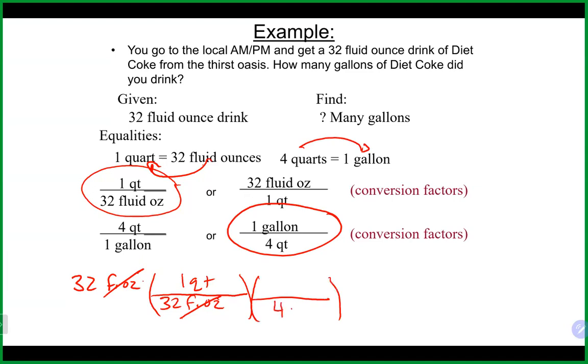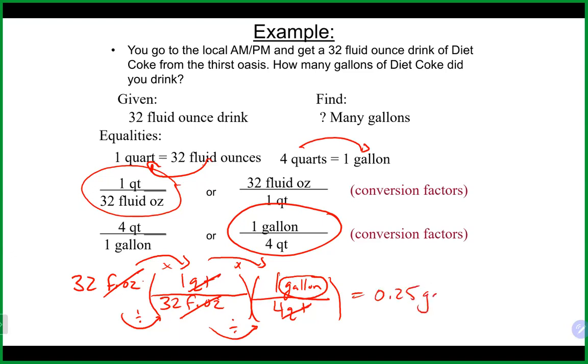That's going to go 4 quarts, 1 gallon. Quarts will cancel. The only unit left standing up on top is gallons. Once again, math-wise, we're going to multiply whatever is on top and come back through and divide by whatever is on the bottom. That means I'm going to take 32 times 1, hit equals, and divide it by 4 and hit equals. You get